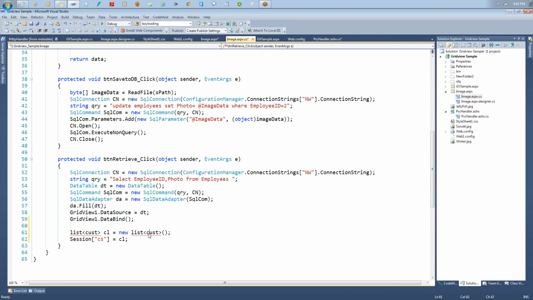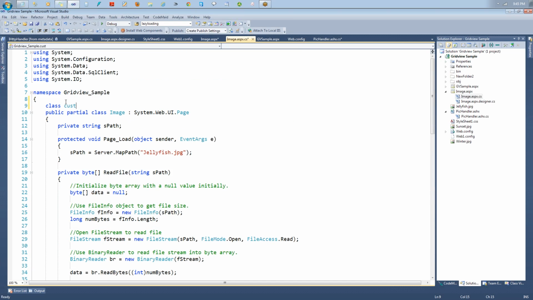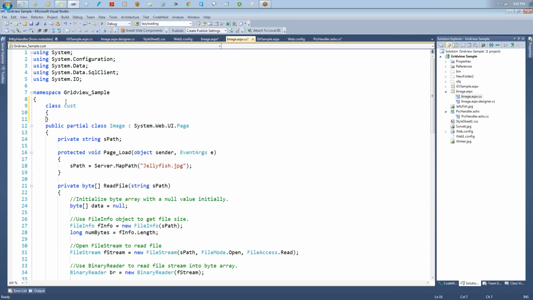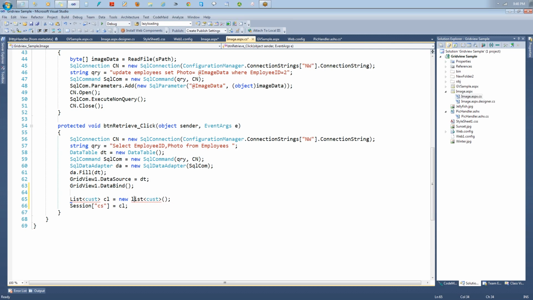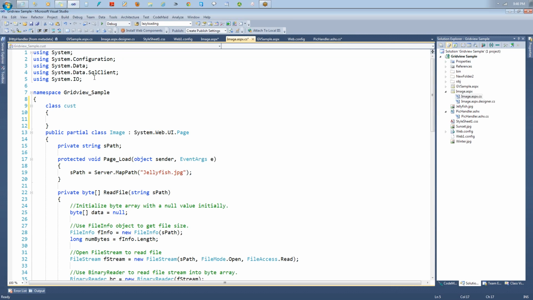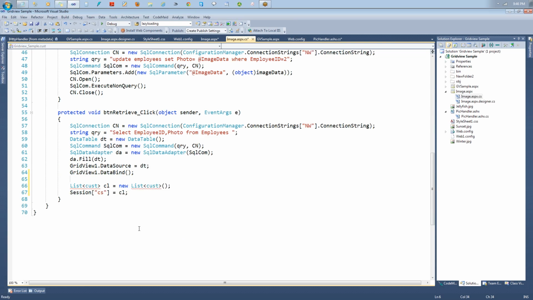In this case, Cost is a completely new type. It doesn't know what the type is. Class Cost, the customer, is a new type. Then you are fine here. When you are keeping the CL, using System.Collections.Generic, if I'm keeping my CL into the session,